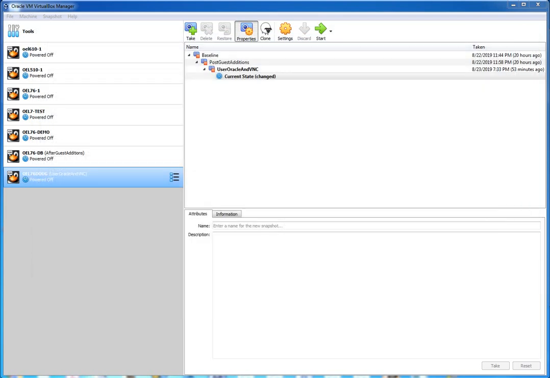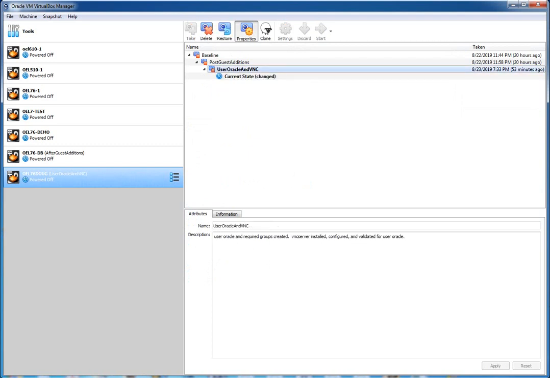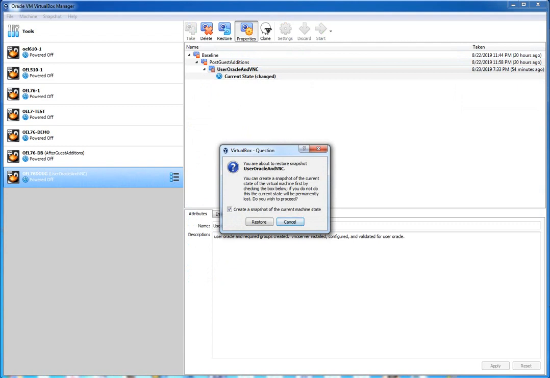So let's close that window, and back on our VM we go to the snapshots, and we can see where we have user, Oracle, and VNC. So I'm going to select that, and you can right click and restore. Click this restore button. It says, do you want to create a snapshot of the current machine in case you want to roll forward? Again, I don't want to do that. Having too many snapshots, I like to have either success or failure and continue on. So I'm just going to say restore without creating a new snapshot of the current,